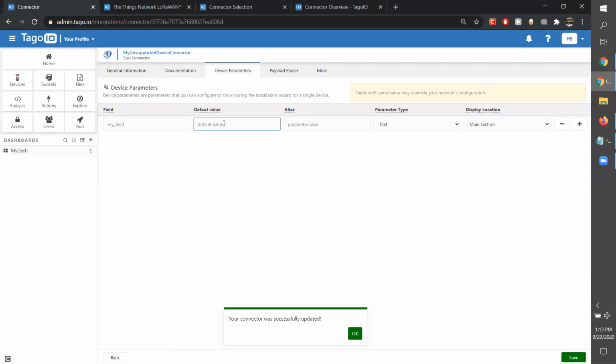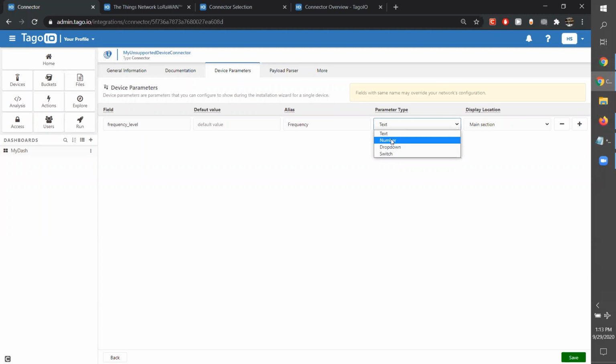So device parameters, as I mentioned before, these are going to be the same thing as configuration parameters. So I'll have frequency, I'll give it a default value, and you can use an alias, so say if it's a variable or something like that, you can use an alias so it displays better. So you can do frequency, and then the type will be number,